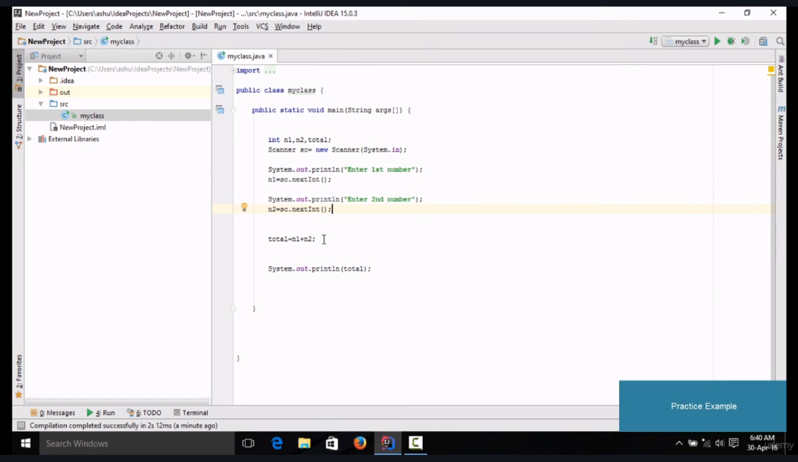Now once we have these two numbers, we have added them up and stored them into a variable which is called total. And finally, in order to display the result, we have used System.out.println, and we have simply passed in the variable which holds the value of the result. So that's basically how you design a program to accept two numbers from the user, add them and display it